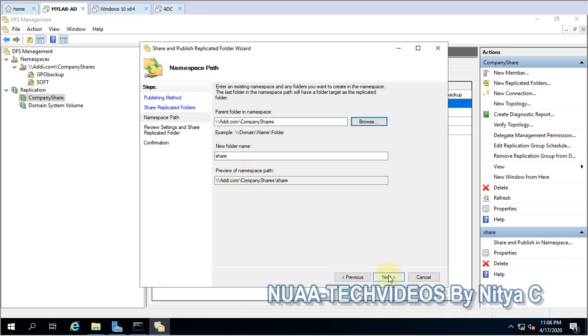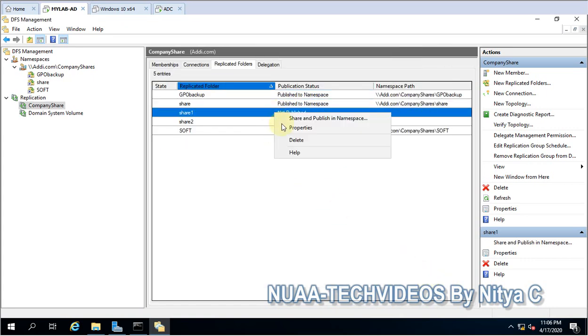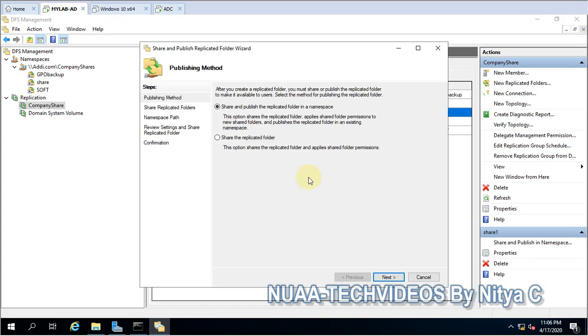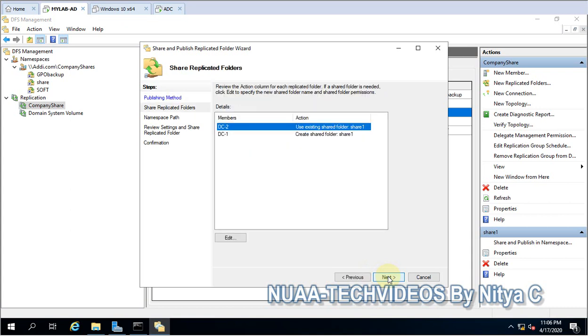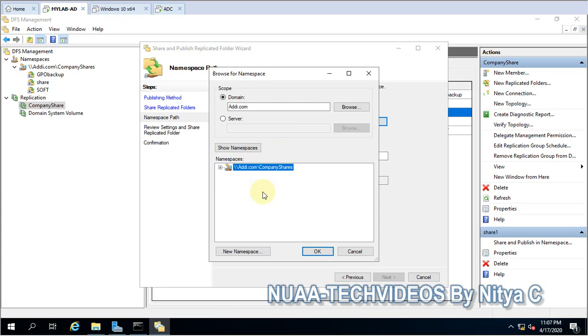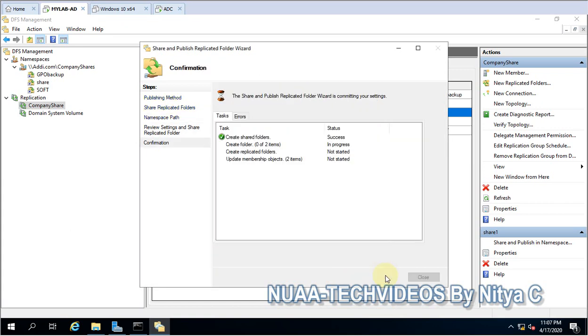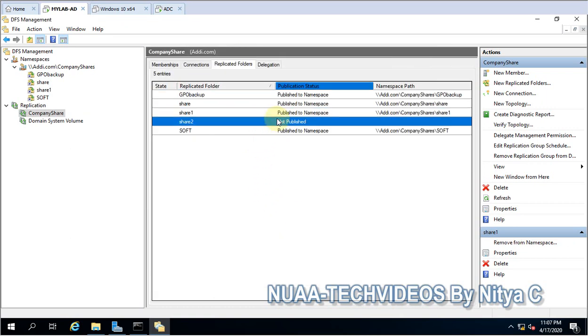Okay, share 1, this will be the same name. Okay, next share 1, share DC2. Okay, let's give the path, the namespace, this is namespace. Okay, share 1, I am fine with this. Let's do it for this one.